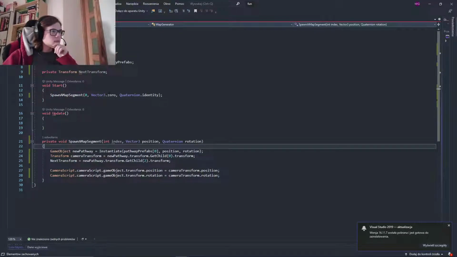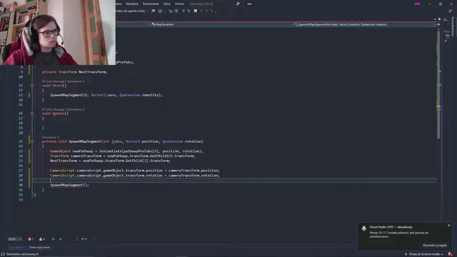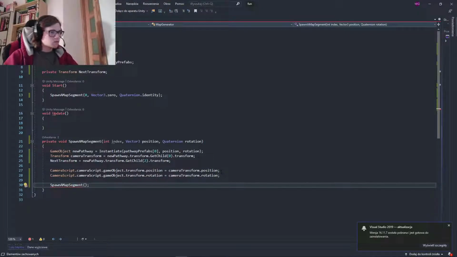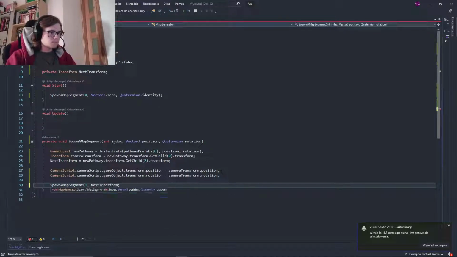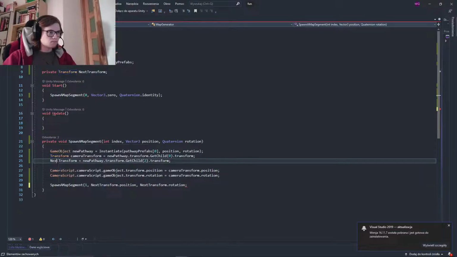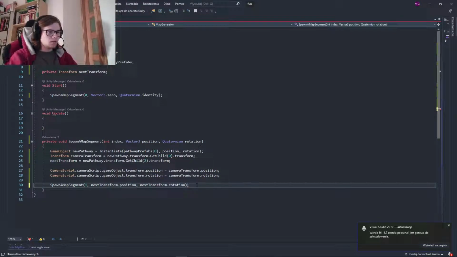And now we'll just say spawn a map segment. Okay, now this is an infinite loop, but